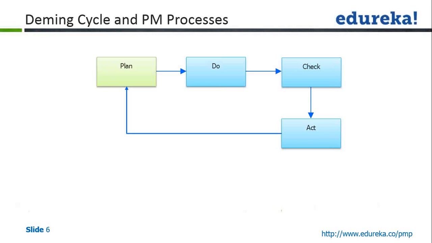And once all the data or the decision points are identified, then the decision will be taken and the project will move to the next step. So when we move to the next step, we will implement that decision, implement those corrective actions during the next cycle. So this is a very simplified Deming cycle, and now let us see how it relates to our processes